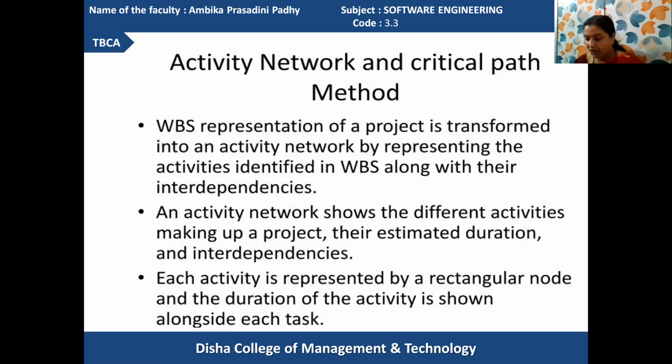Got it? And when your activity network is prepared, at last it provides the critical path solution. From the starting of the project duration to the ending of the project duration, the jobs that are strictly executed one after another are identified, and that path is considered the critical path. Got it?